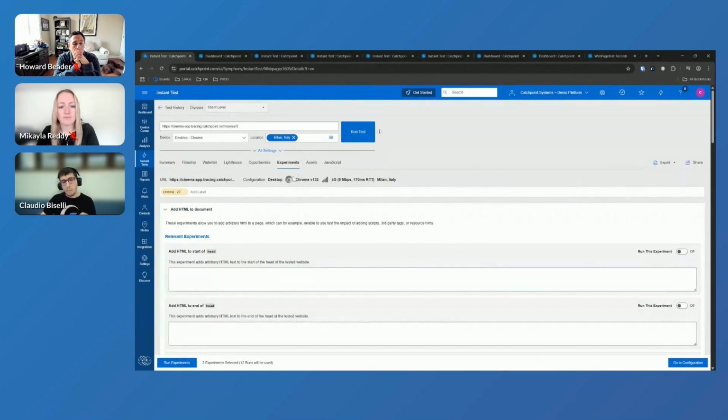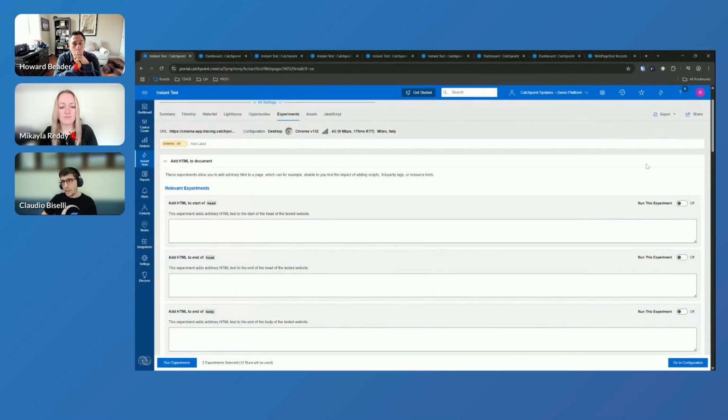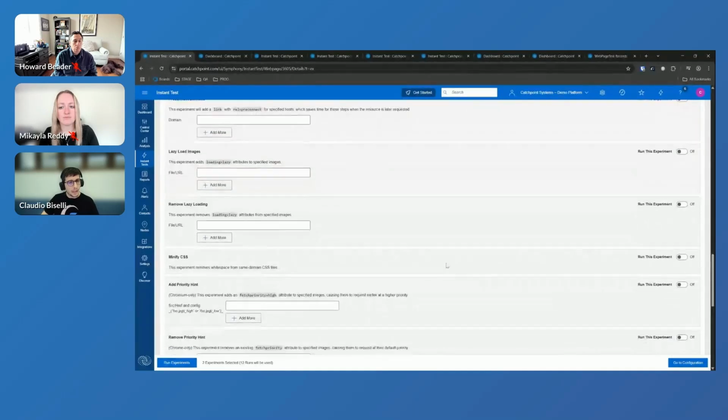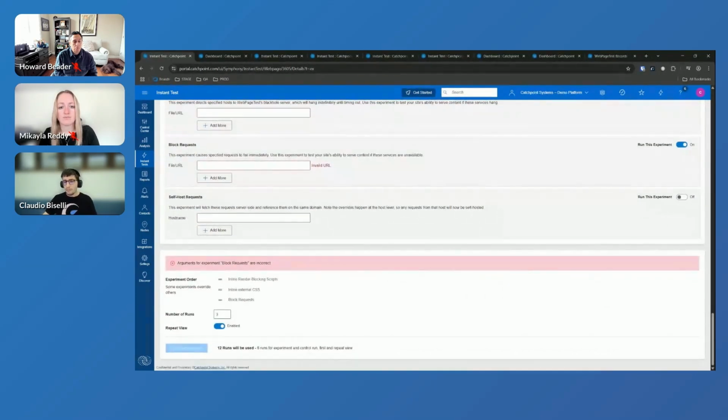One thing we can do is play a bit more with experiments. So here we have tons of different experiments. You can add HTML to your head, to your body. You can replace text, etc. But one thing we really care about here is this block request experiment. So one thing we can do is put here the full URL of this web font, enable this experiment, and run it. So below, I see a recap. Of course, I need to add the URL here, but we're going to jump directly to the result,